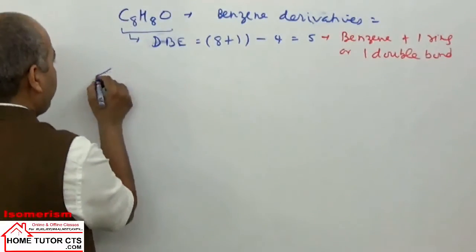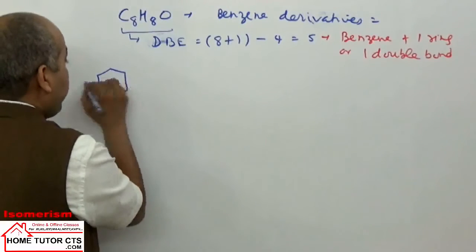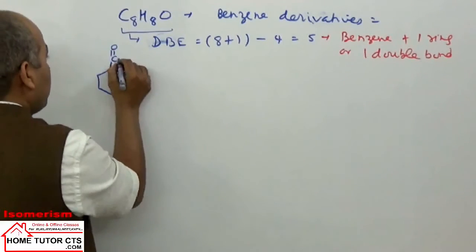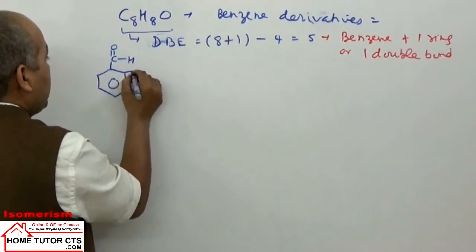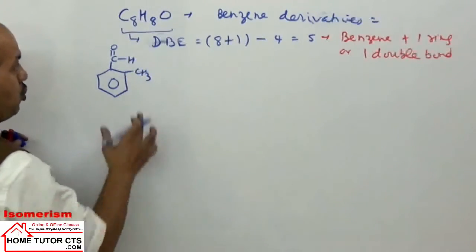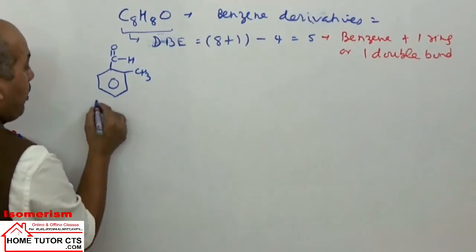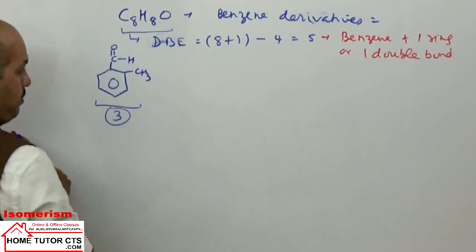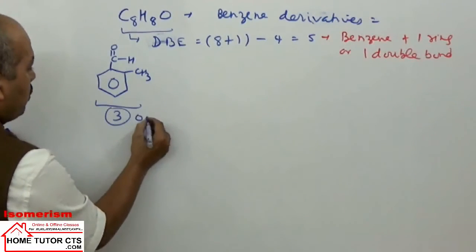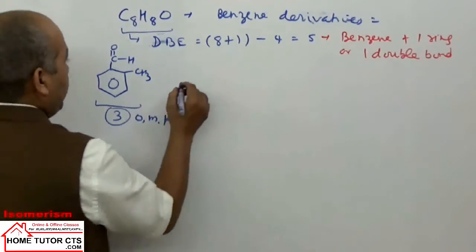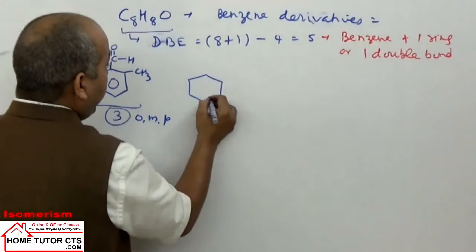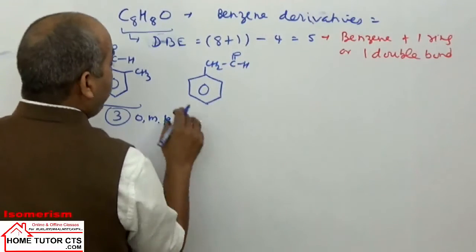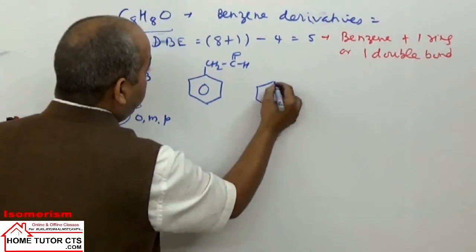One benzene plus side chain having one double bond, so it can be taken as CHO, aldehyde. You can have one methyl group then here, extra to maintain 8 carbons. So how many isomers do we have in this case? 3. How will it be 3? Ortho, meta, para. This 3 means ortho, meta, para. If I take here aldehyde, it can be taken as CH2CHO group as well. When we have aldehydes, ketones will also be there,